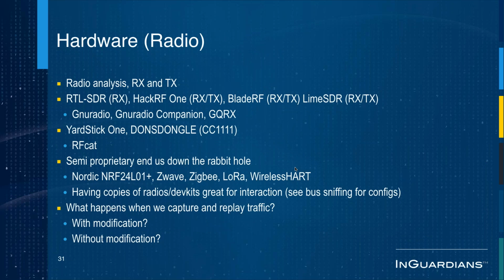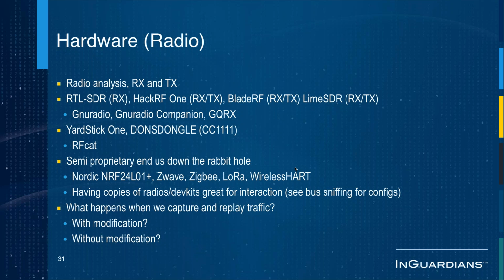Okay. Radio analysis becomes lots of fun and is very much a rabbit hole that you can go down using a software-defined radio of some variety. I'm a huge fan of the RTL-SDR because it's cheap and inexpensive for getting someone introduced to it, and some various tools with GNU Radio, GNU Radio Companion, and GQRX. Some other fun stuff for the 900 and I want to say 433 megahertz is the YARD Stick One, or the quote-unquote dongle, which is the CC1111, the dev board version of the YARD Stick One, using the